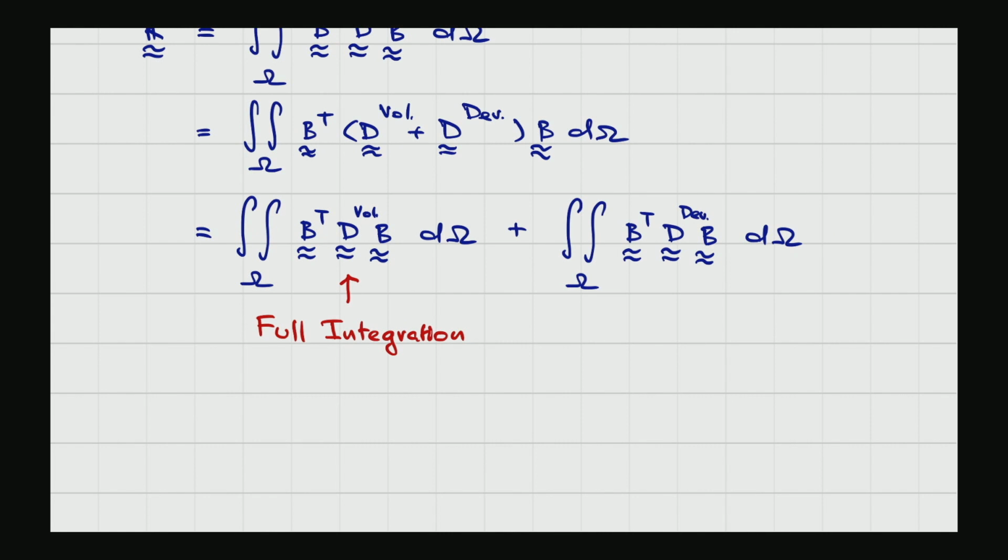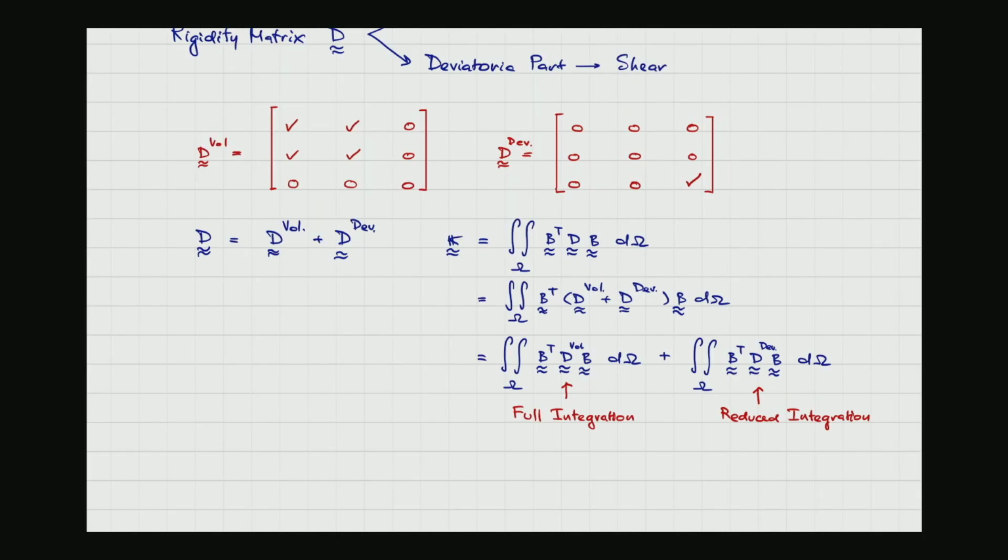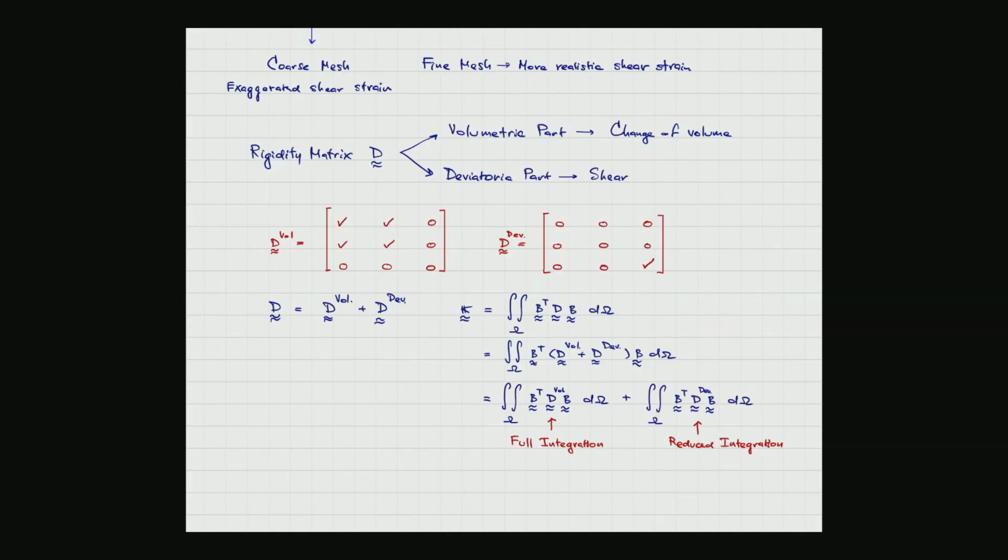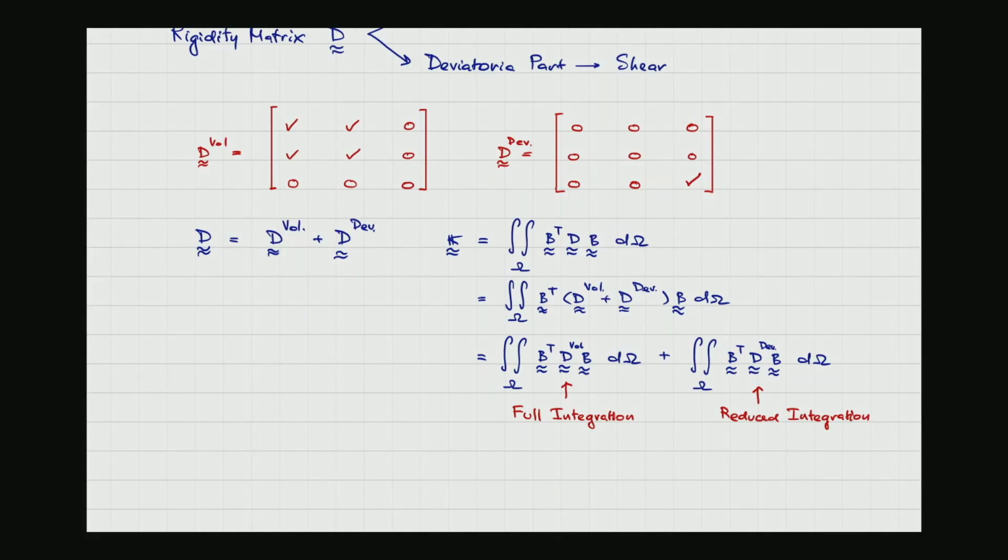And the next one is the reduced integration. So reduced integration will be carried out in the shear element, in the shear part only. Now, it sounds cheaper, right? It sounds like it is cheaper. You feel like, hey, if it is the reduced integration, that means the number of integration points will be less